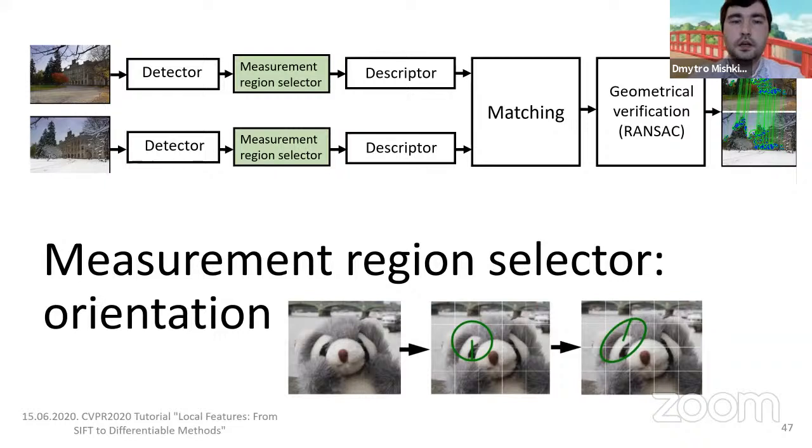Measurement region selector, feature orientation. So when you're matching some images, they can be arbitrarily rotated. At least what people believed at the beginning of computer vision is that computer vision should be able to match images regardless of whether they are rotated or not, which is sometimes true, but sometimes the photographer makes sure that it's, we don't photo like this. We usually photo like vertical or horizontal,